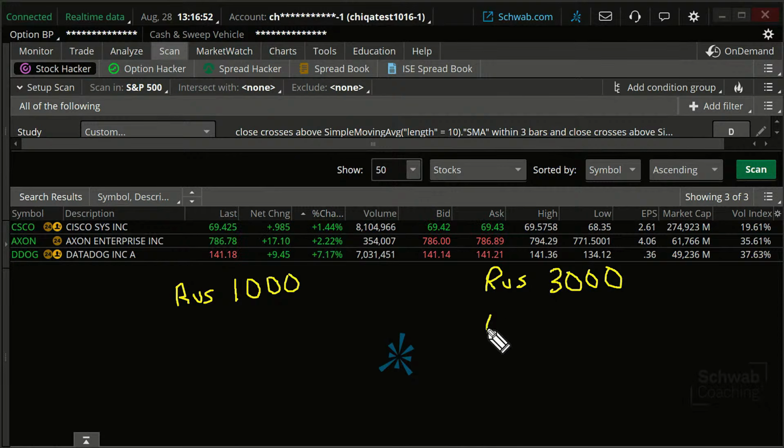The Russell 1000 is the top market cap out of those Russell 3000 stocks. The Russell 2000, which probably many of you have heard of, is the Russell 3000 minus the top 1000, minus the Russell 1000.